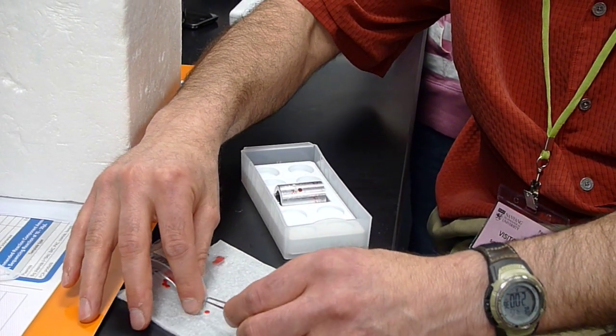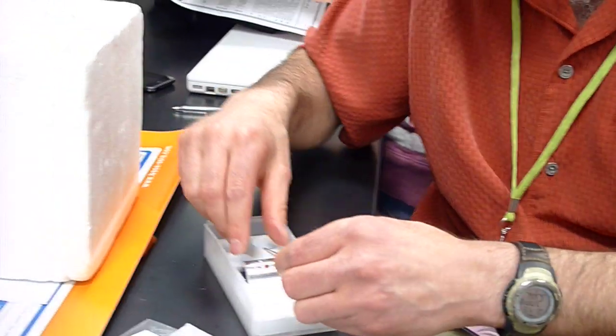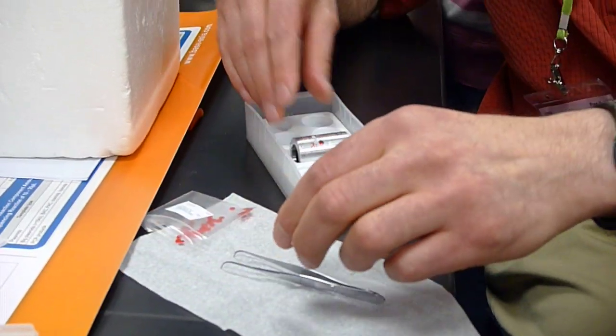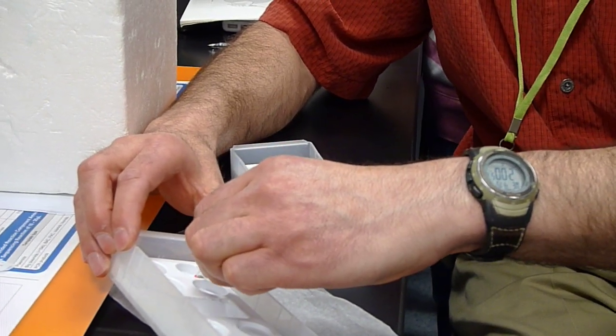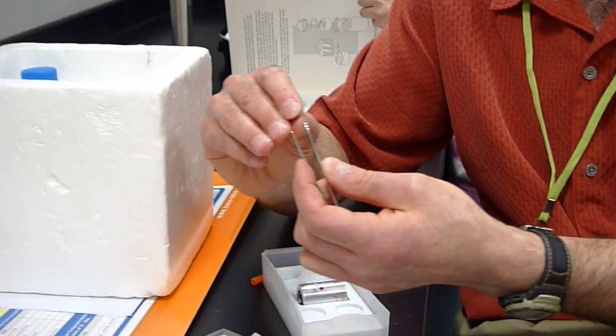Good. Is it necessary to have air? No, it's just really hard to avoid it. You can see there's a little bubble on the top. It's almost impossible to load without it. So is the amount of air important? No. In fact, sometimes,